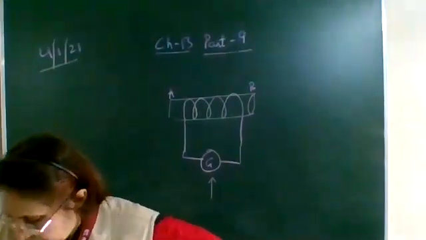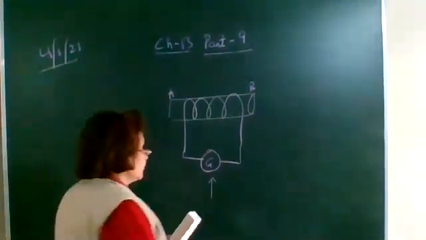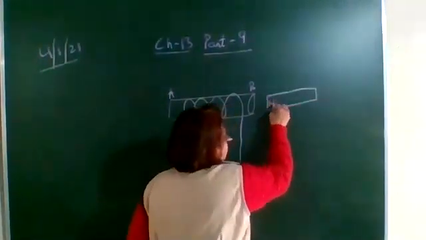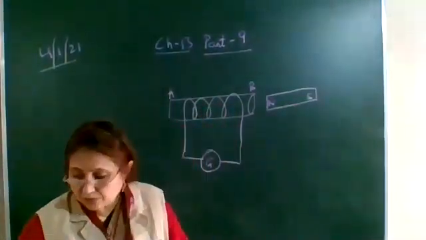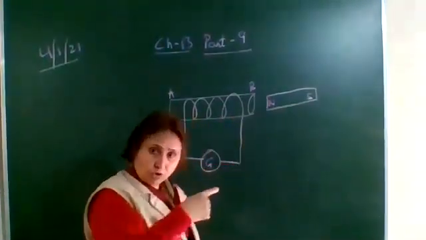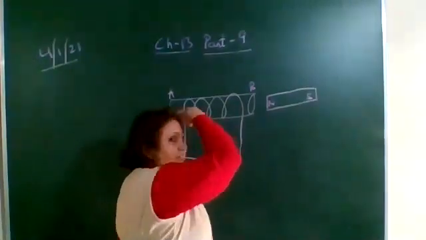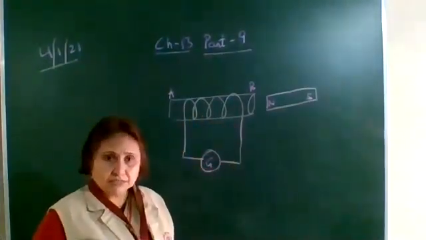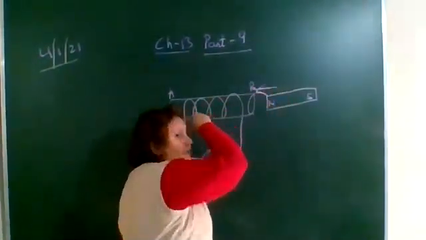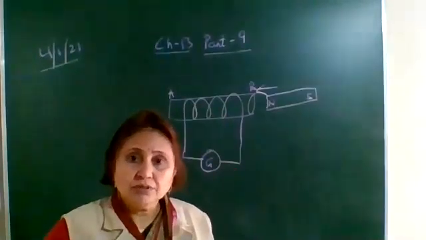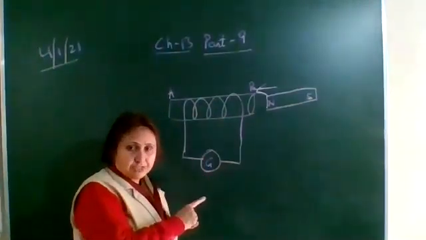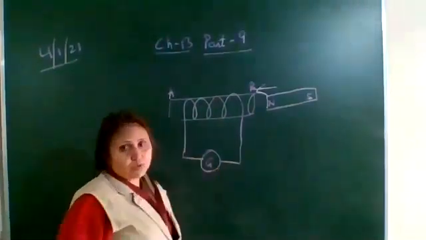So what do you conclude from this activity? Okay, first let's discuss this activity. Now a strong bar magnet is taken such that the north pole is pointing towards the end B. This wire is rolled on a hollow cylinder, so this magnet can be moved inside the cylindrical hole. Now the north pole of the bar magnet is moved inside the cylindrical hole. What is observed? The galvanometer pointer will show some deflection. Suppose it shows a deflection towards right.